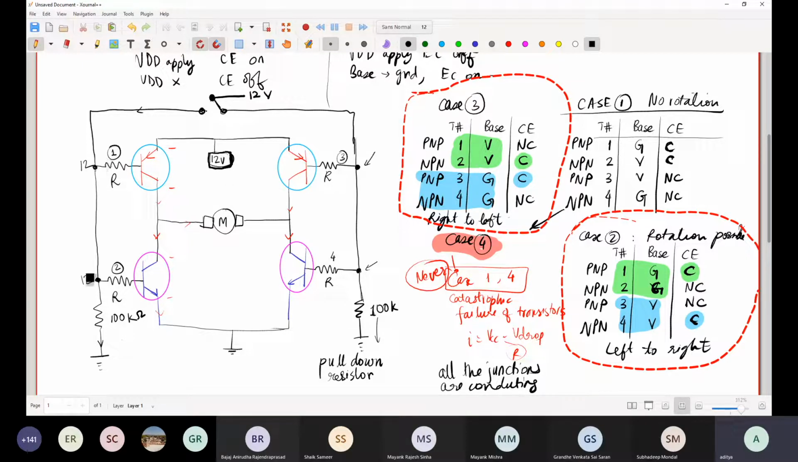Points 3 and 4 become... Points 1 and 2 are pulled down to ground, and 3 and 4 are held at 12 volts. So 1 and 4 are the conducting paths. So we get 12 volts